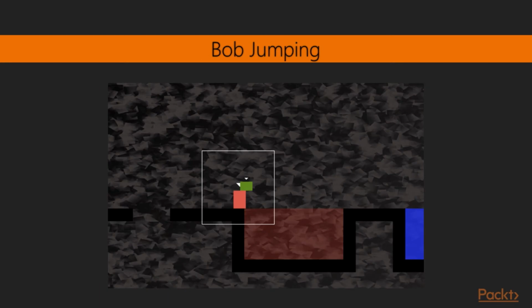The only way that Bob will clear the fire tiles is by standing on Thomas's head and jumping from there, as you can see here. It is then quite simple to get to the goal and move on to the next level. I strongly encourage you to complete this section and then spend some time designing your own levels. I've included a few level designs to get you started.